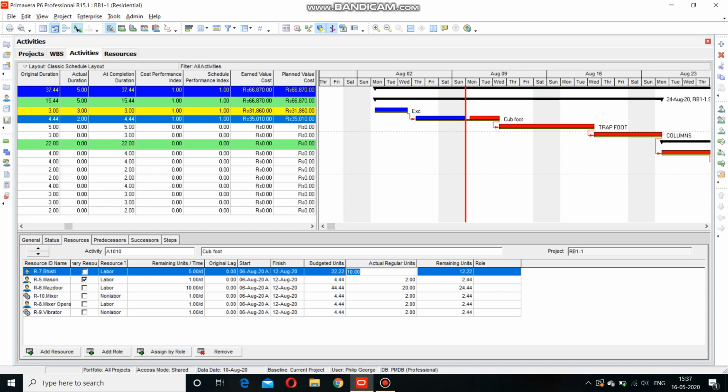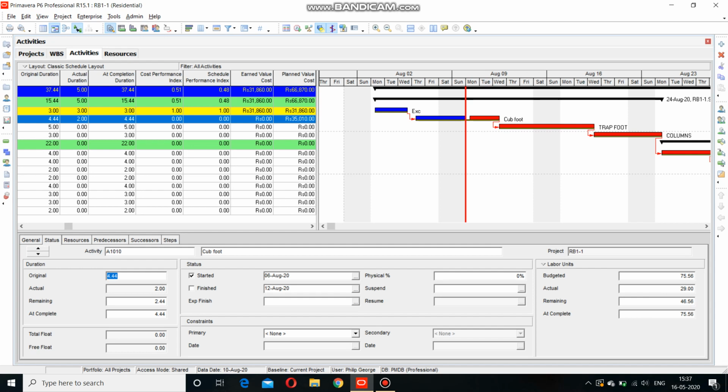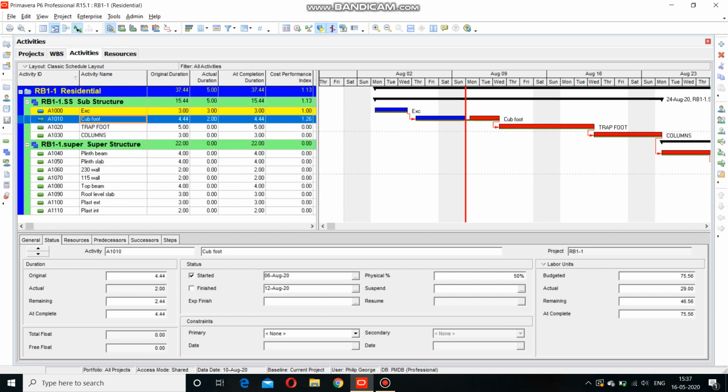But if we change this value to, say, 5, you can see that the cost performance index went above 1, and we can also monitor the status. Go to General and we can change it to physical. We can observe the status of the work through physical observation, and we can make the physical percentage, let's say, 50 percent. From that we can see that the cost performance index and the schedule performance index both change, showing ahead of schedule and less money spent. Like that we can do the earned value management for different dates.